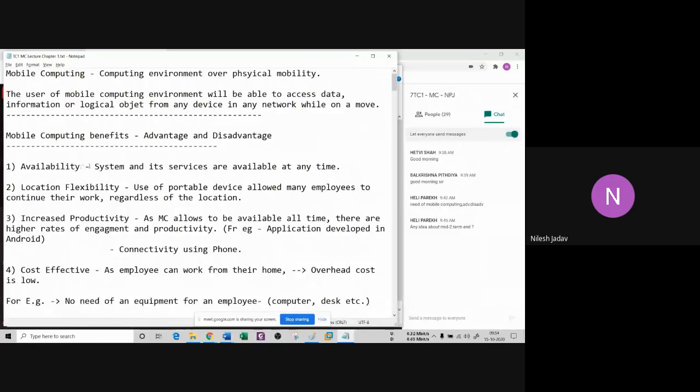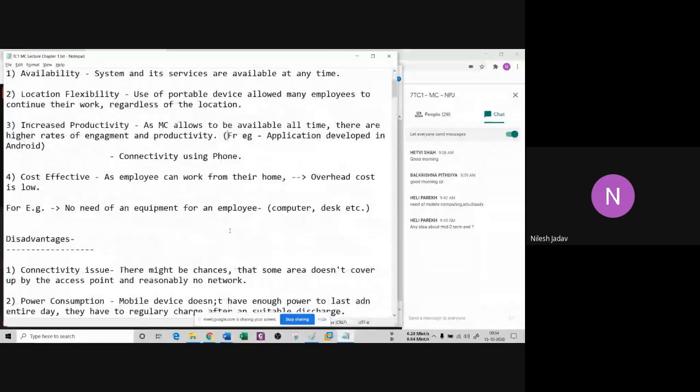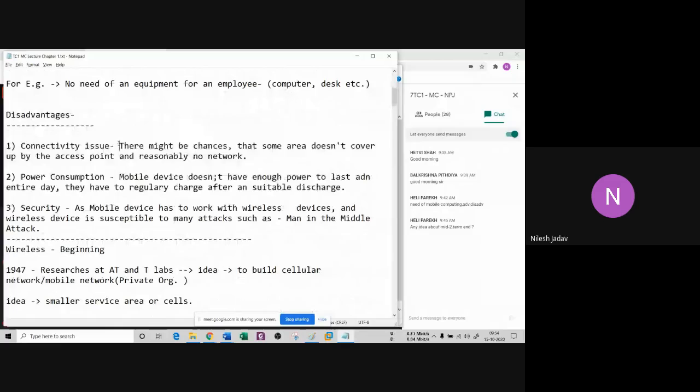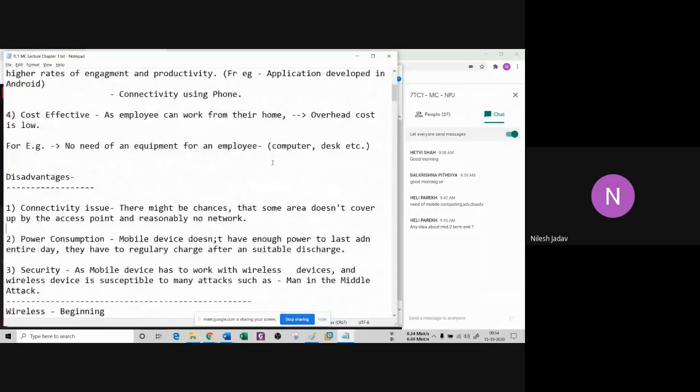But you need to explain the whole availability thing here, right? So if you are giving a point as availability, you need to explain the advantage in a brief manner. The same thing is going to happen with your disadvantage. You need to explain it in a very brief manner. Right? Then you will get the whole 6 marks, 4 marks.